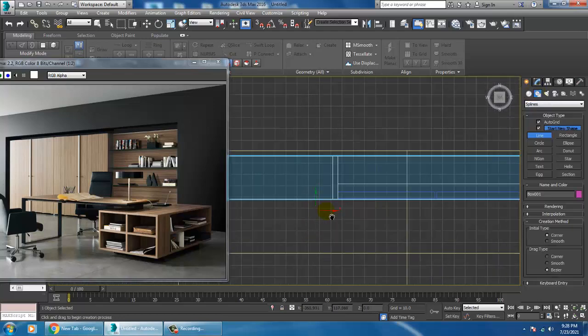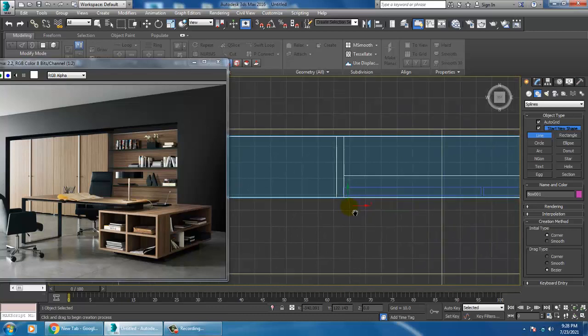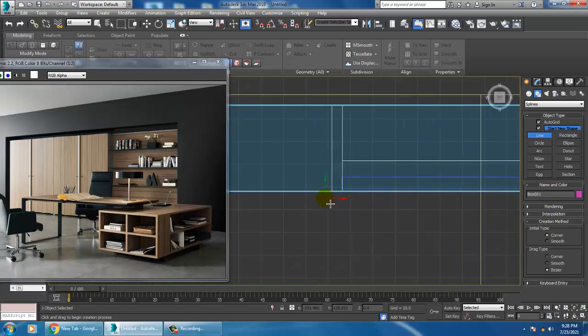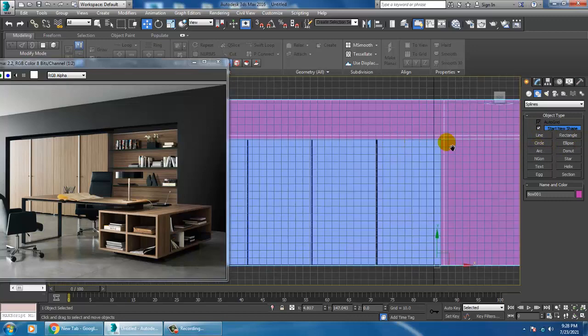I can create a T for that. So I'll just take a line over here.